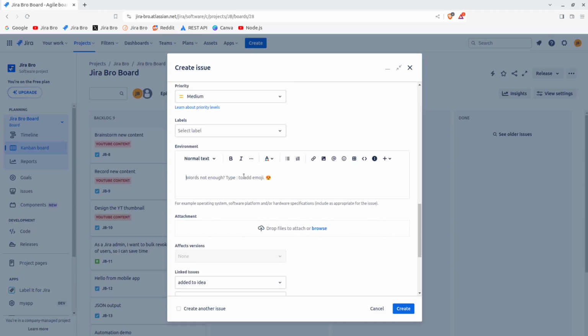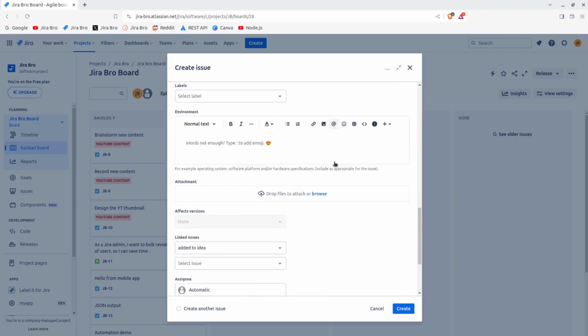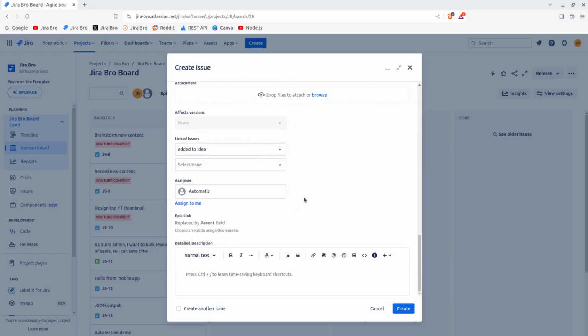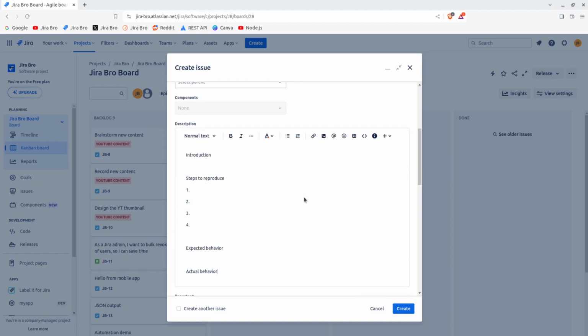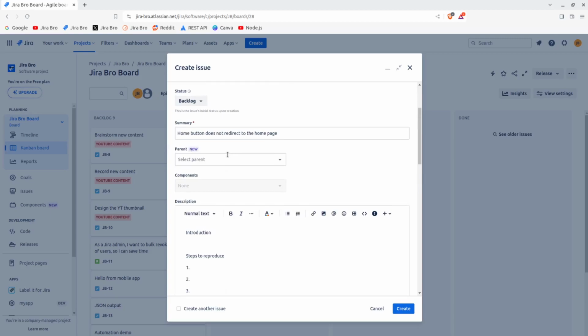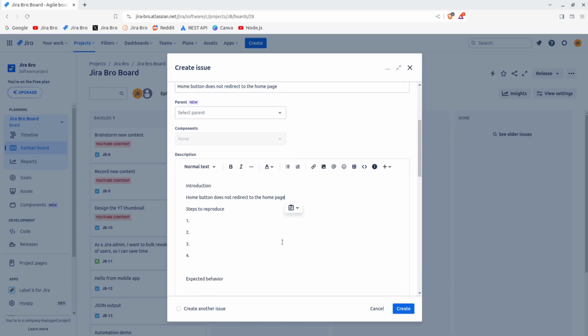Here we go, environment in here. I can go ahead and delete this, because it is not going to be needed, because we're going to have a double one. Yeah, detailed description was something that I added in one of the previous videos. So you can use this for your introduction. Now, steps to reproduce would be